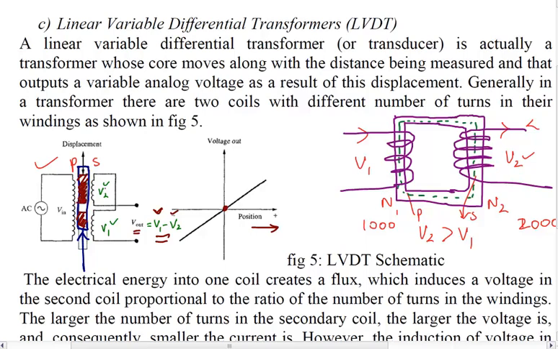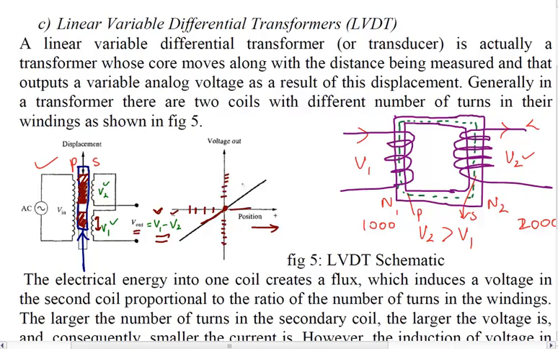So as you can see now, the V2 voltage will be more than V1 because the core area is going to be less, so the number of windings that are going to be there is going to go down. Because of which what we see is that the voltage V1 is less than V2, so V out will be a negative value, which is shown by this graph going down. So for these positions we will have negative voltage, and for the position this side, that is positive position, we will have positive values.